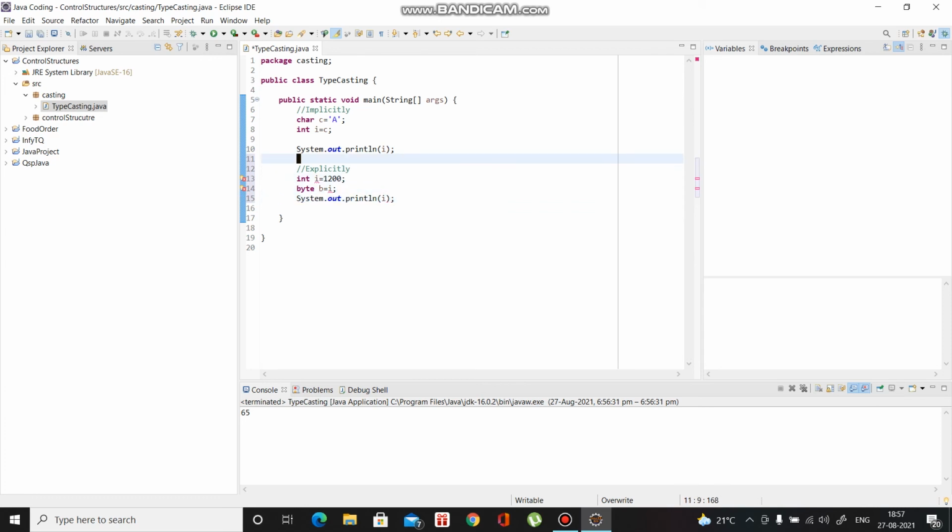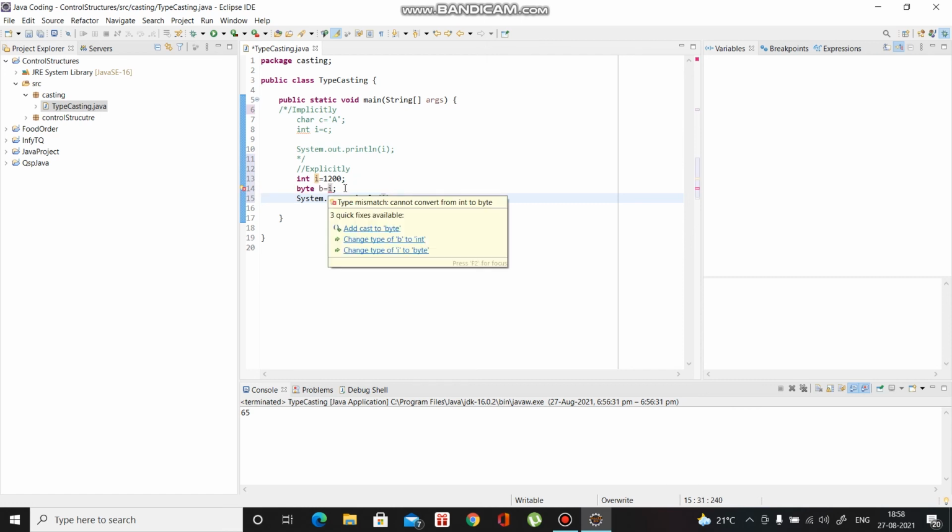I am just making comments. Now we see it's already showing type mismatch, cannot convert from int to byte. So you can't convert from int to byte because there's a type mismatch.